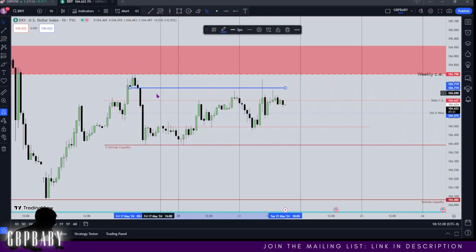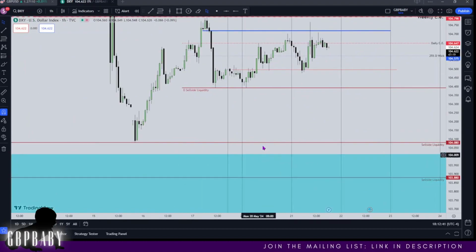So moving into tomorrow, what am I looking at? Well, I'm going to drag this out. And so long as price stays below this level, I'm happy to be heavily bearish on dollar with the expectation to run for this south side liquidity below Monday's lows, and then start working our way down towards this south